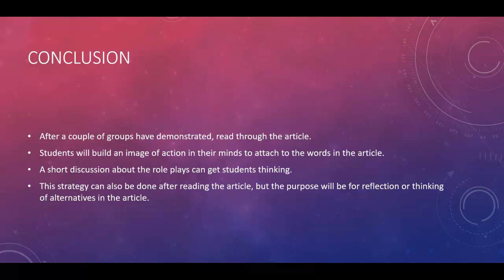Okay, then a short discussion about the role plays can get students thinking, and this strategy can also be done after reading the article. But the purpose is usually changed for reflection or thinking about alternatives in the article. In the book, they talk about